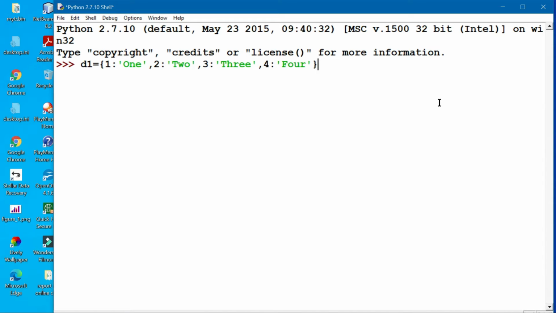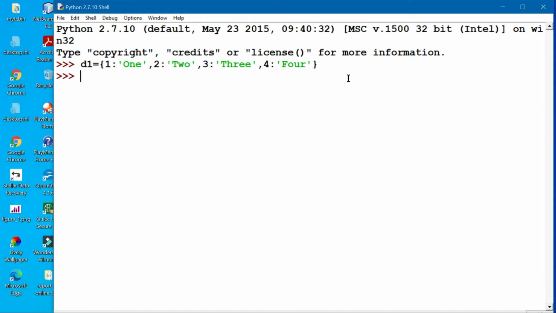It is immutable. This is very important, and a key is unique in a dictionary. You cannot use 1 or 2 twice as a key. These are very fundamental points I am discussing today. If you have a problem, you can clear it, because programs with the dictionary are quite easy.